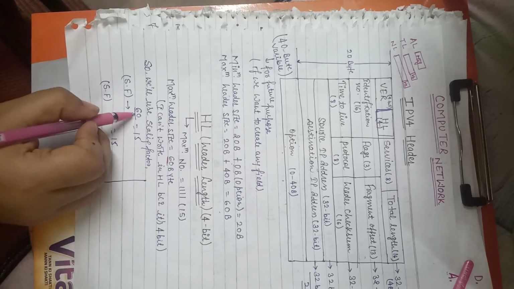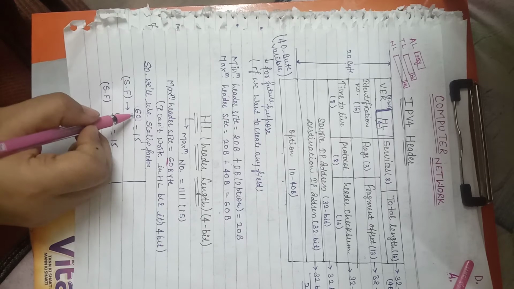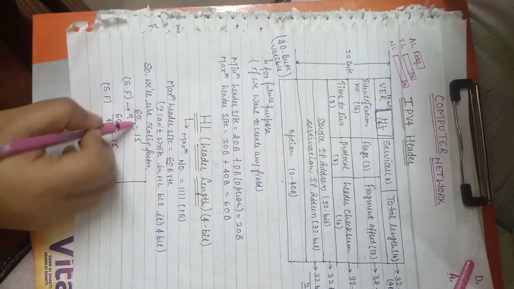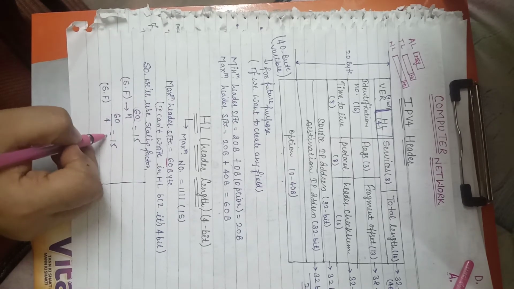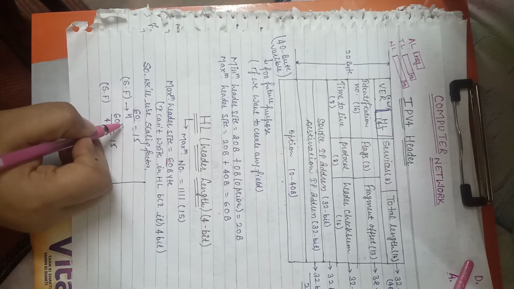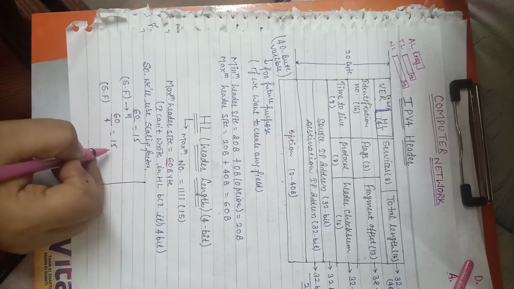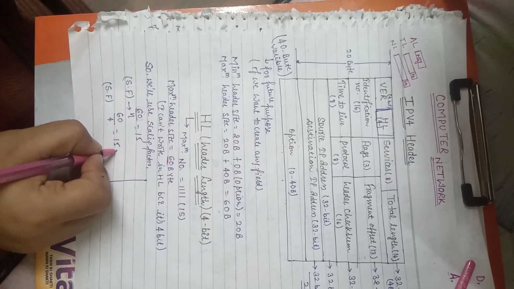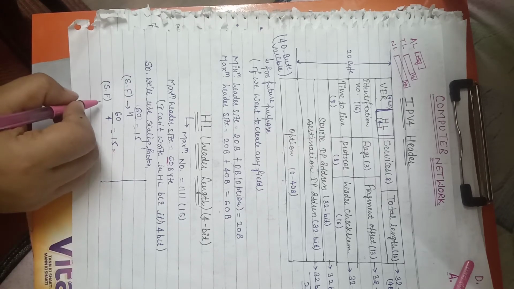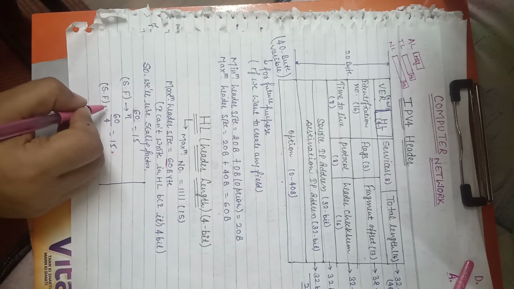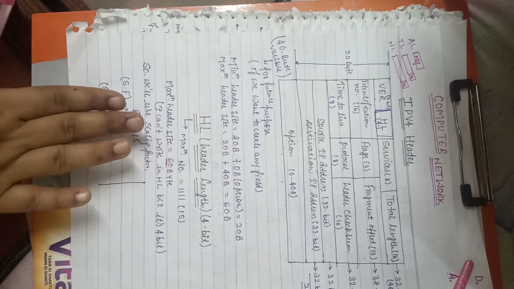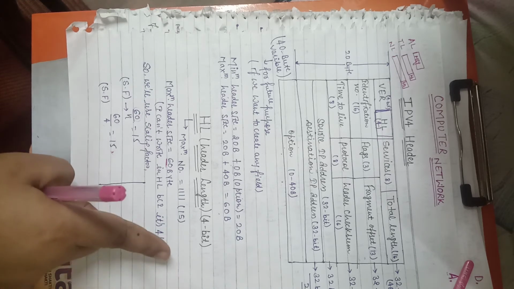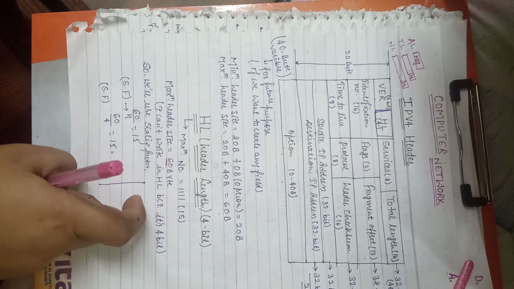We have a 60 byte header size. So what will be the scaling factor for the header size? 60 divided by 4 equals 15. If we divide 60 by 4, we get 15, and 15 we can represent in 4 bit. So if the header size exceeds the maximum value, we divide the header size by 4 and get the header length.